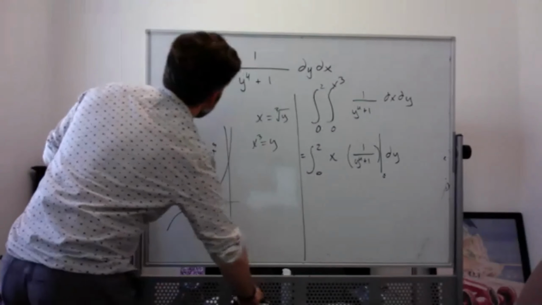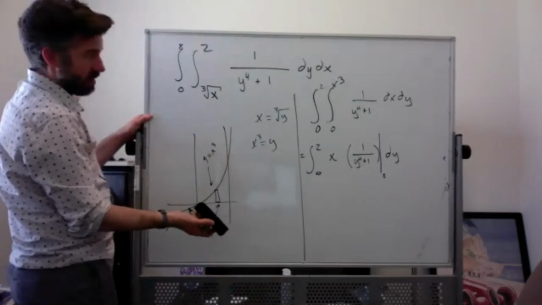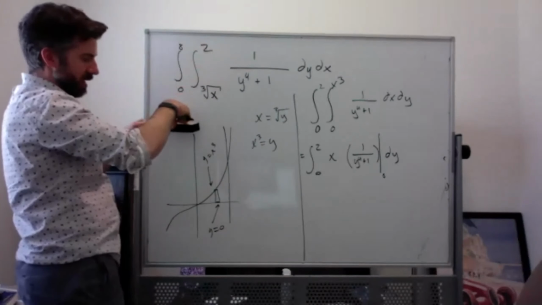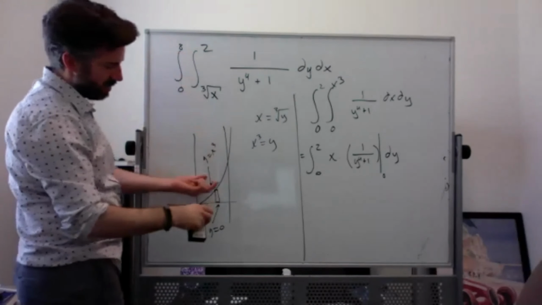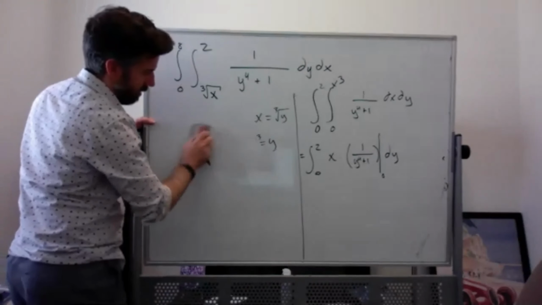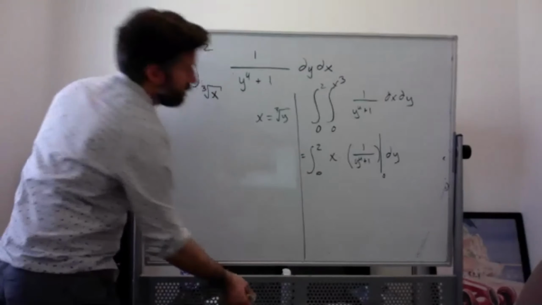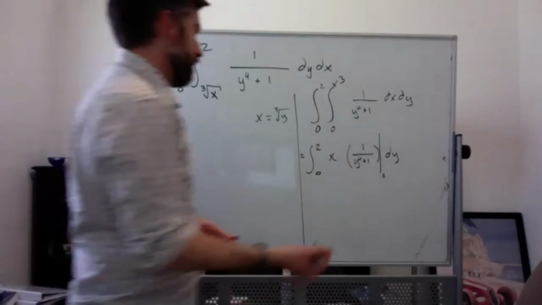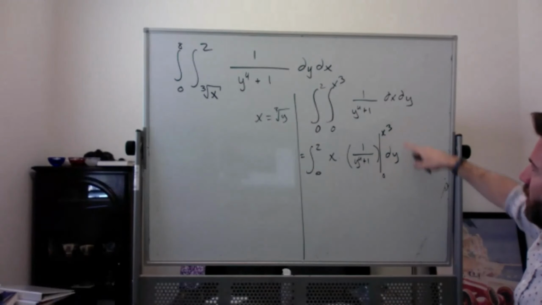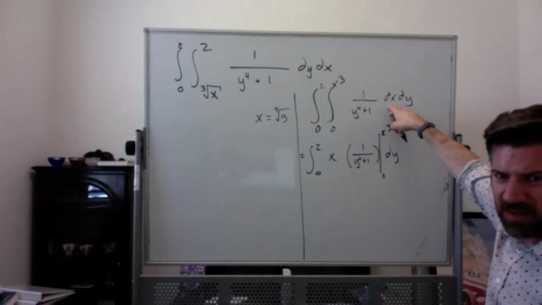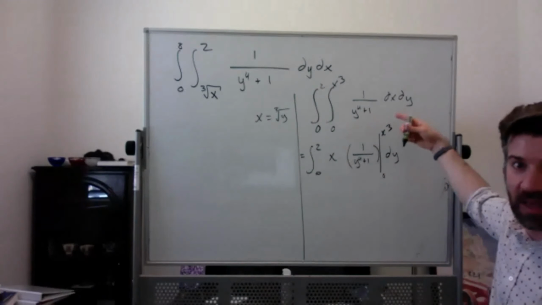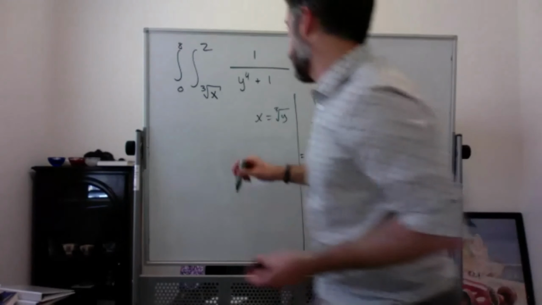Sorry. So our region isn't right. Let's redraw it. Because it really should have been y equals this to y equals this, and then x equals this to x equals this. It's actually just going to look like this thing kind of rotated around. So here's how I knew I had made a mistake. I was getting to here, but because I integrated with respect to x, I was going to be having to plug in 0 and x cubed for x, which is wrong. You shouldn't be plugging in the same variable to that variable. So what I really should have had was